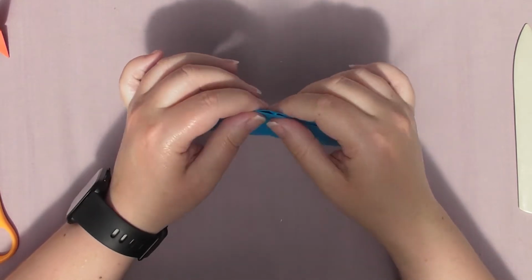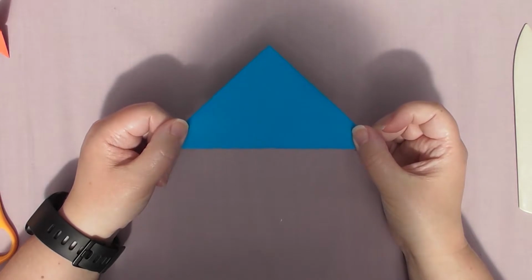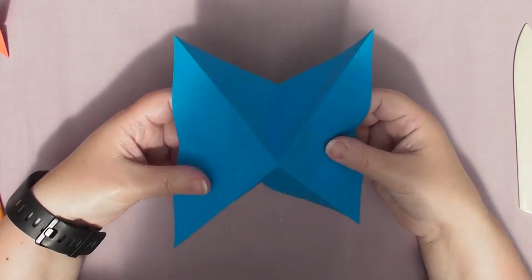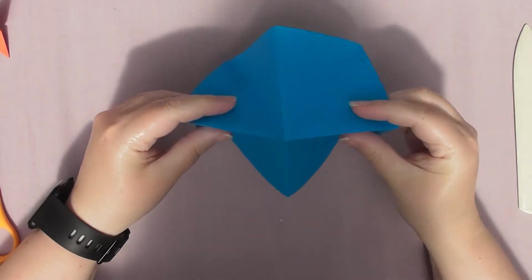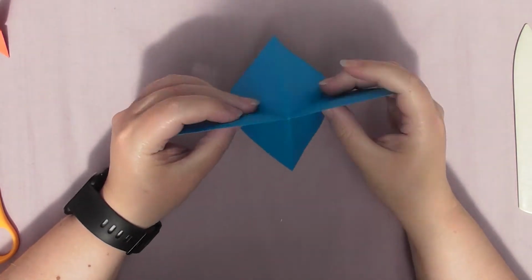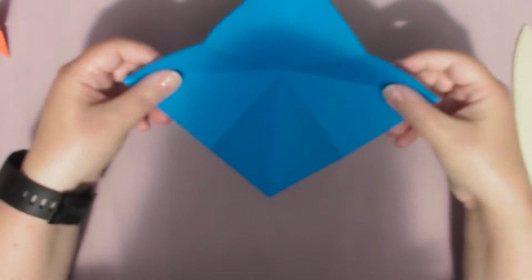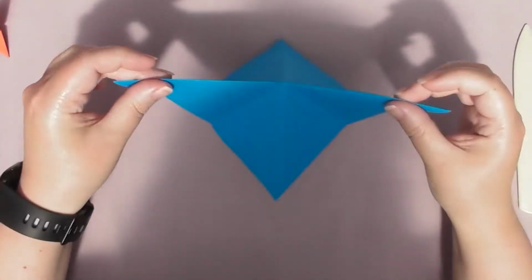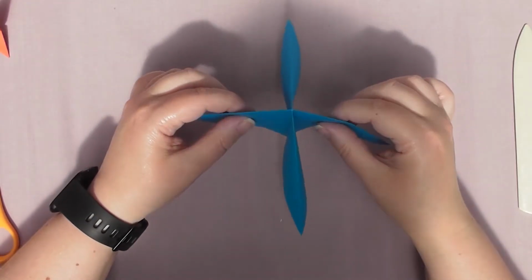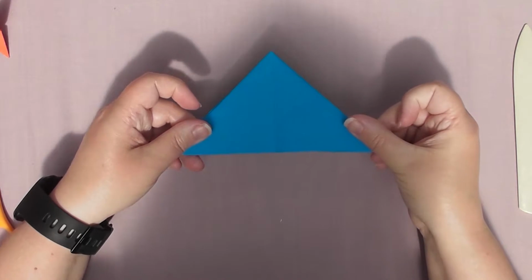You can do it the other way as long as you've got 2 on each side, and you'll be left with this. Now I know from experience some people end up with that shape, and that's because you've folded on the straights and not the diagonals. So if you have, just turn your paper over, flip it around and fold on the diagonals. You're pushing it in like that, look, and then just closing those flaps over, and then you end up with